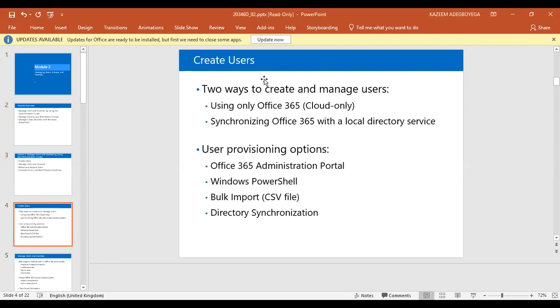Creating users. Now, when it comes to creating users for Office 365, there are different ways of creating users for O365. One way to create O365 users is by